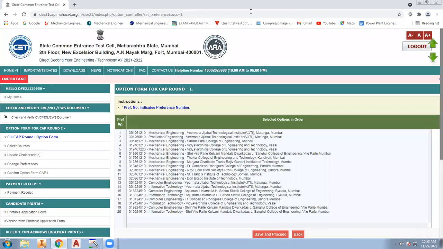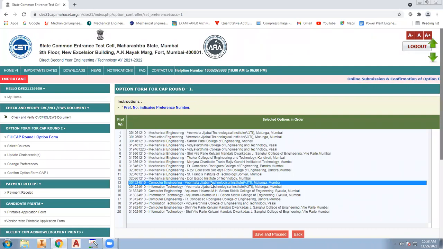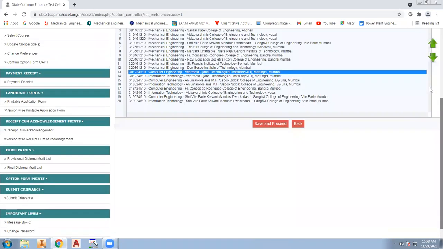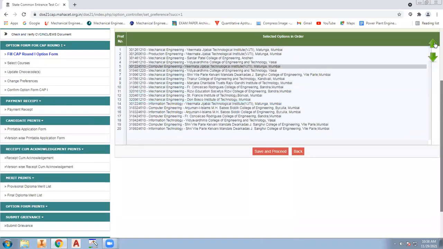If you want to change the college name or change the preference, you can see all those which I have added. Now you have to scroll that on the upper side, as per your convenience.